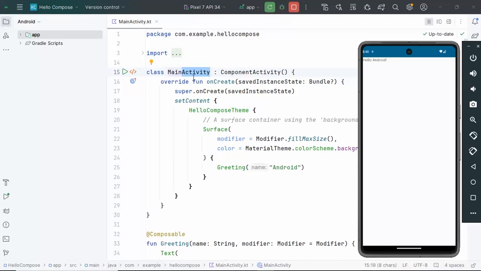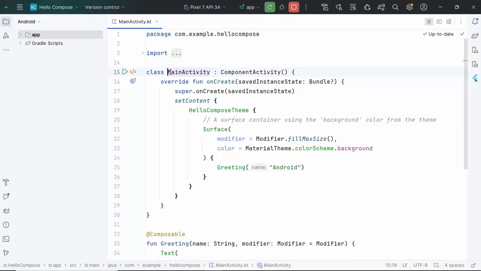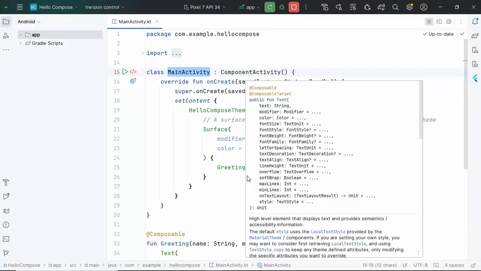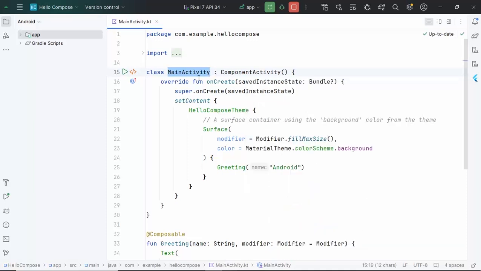In the old way, we typically used to create activities for each screen, but in Compose we don't have to create activities for each of our screens. We come up with one activity, which is the main activity, and you can treat this main activity as the entry point of this application. Remember, in Kotlin programming we have a main method, so this main activity is somewhat similar to that main method. The main method for a Kotlin program is the entry point, and this main activity is also the entry point for